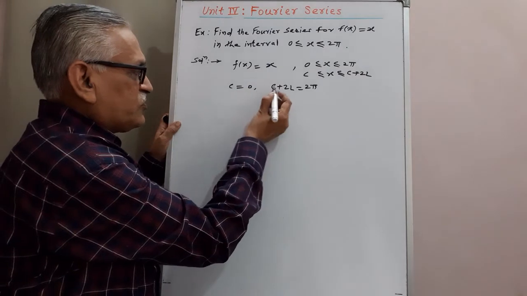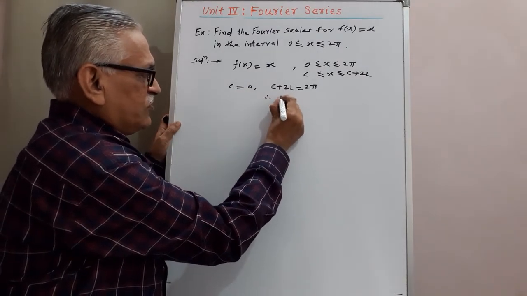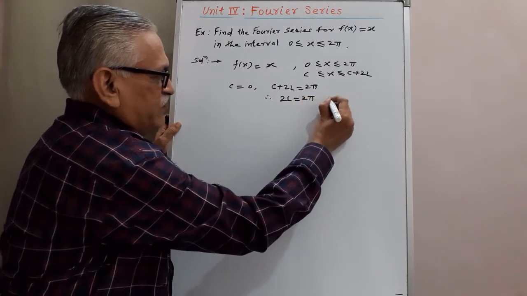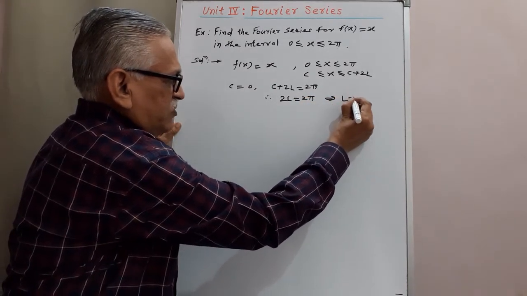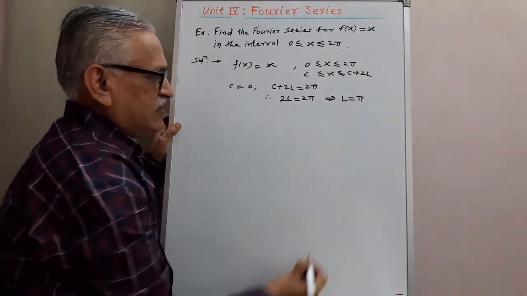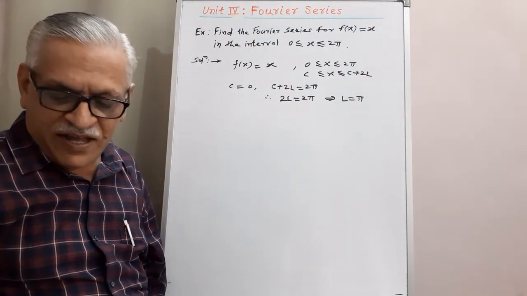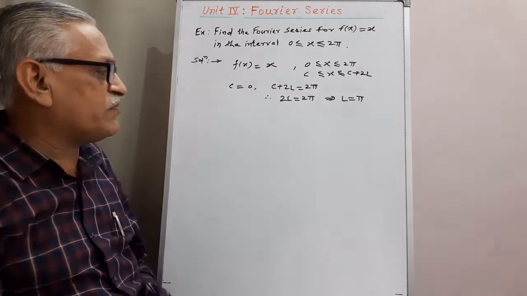Substituting c equals 0, we get 2l equals 2 pi, and that implies l equals pi. The first step is always to get the value of l, and then the Fourier series is given by